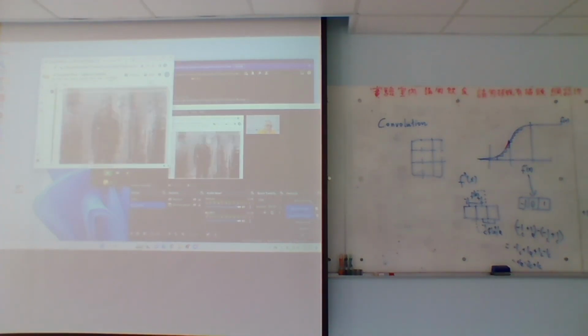Looks nice, maybe too few. Take the threshold. So now I just highlighted the edges that we got from the second order derivative, and